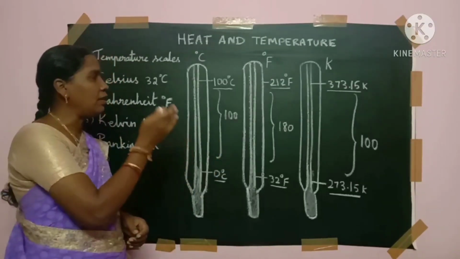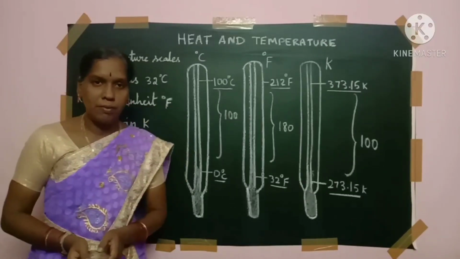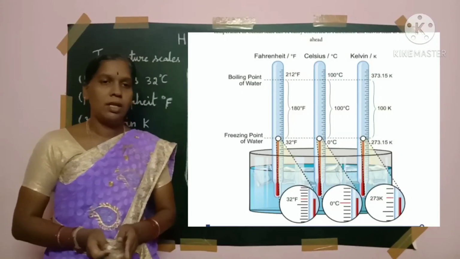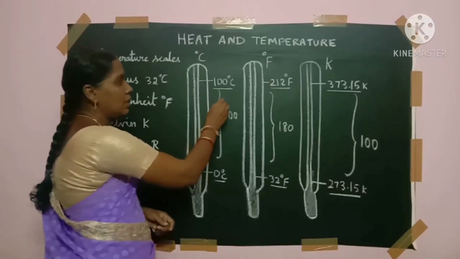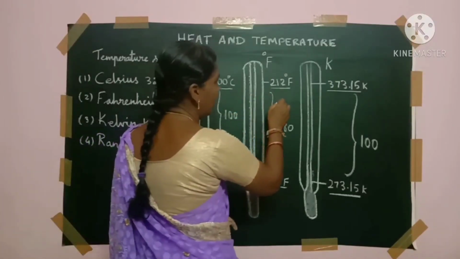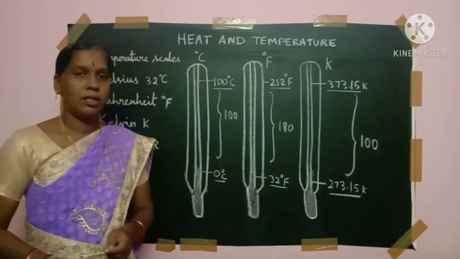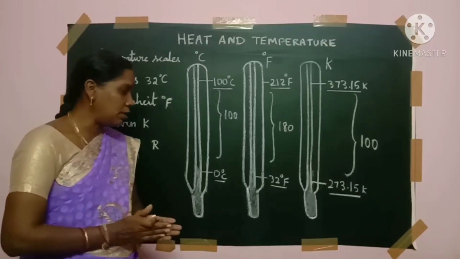அதே மாதிரி ஃபாரன்ஹீட் வேல்யூவும் சென்டிகிரேடாகவும் கெல்வினாகவும் மாற்றிக்கலாம். So this tabular column for us, it has given first one, boiling point of water. Regarding boiling point of water, for centigrade scale it is 100 degrees centigrade, Fahrenheit 212 degrees Fahrenheit, and Kelvin 373.15. Next, freezing point of water பார்த்தோம்னா 0 degree centigrade, 32 degree Fahrenheit,